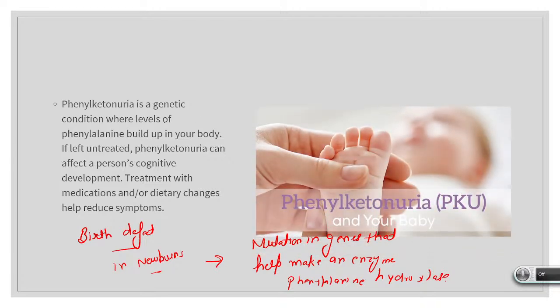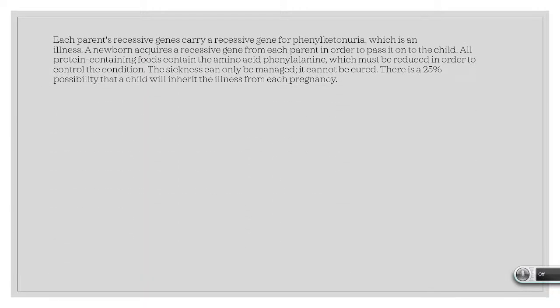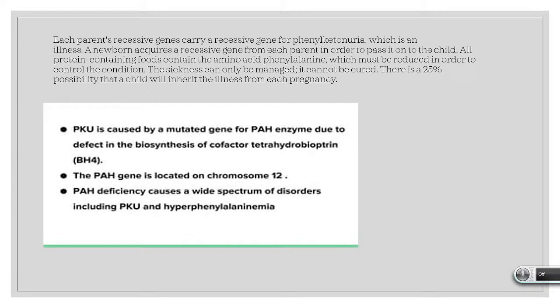Okay, so what is it? Actually, it is a genetic condition where the level of phenylalanine builds up in the body, and if left untreated, phenylketonuria can affect the person's cognitive development. So how can we treat it? With dietary changes, like reducing the amount of protein or amino acids in the child's diet. Here you can see each parent carries a